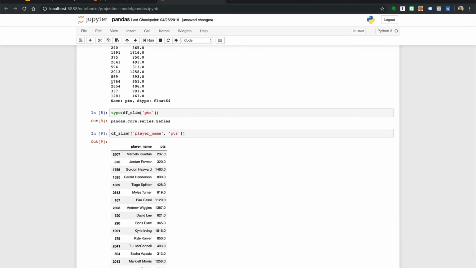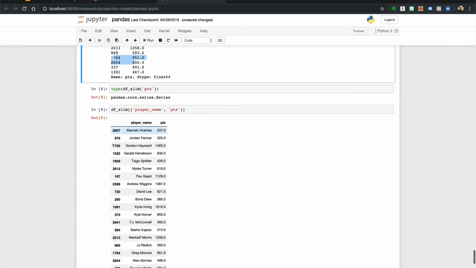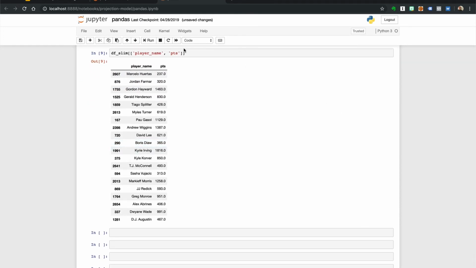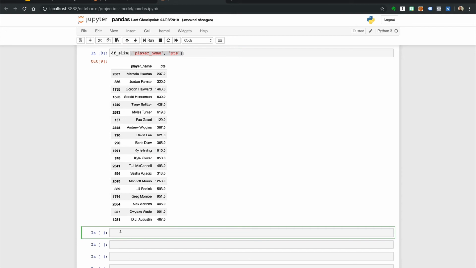And you'll see just the slight difference of it's no longer a series, but now a data frame, more in line to what we're used to seeing. The tricky part here is that we need double brackets. Now, we could also change the order of our columns and how they are returned so the player name comes second. If we wanted to do that differently, we just pass in